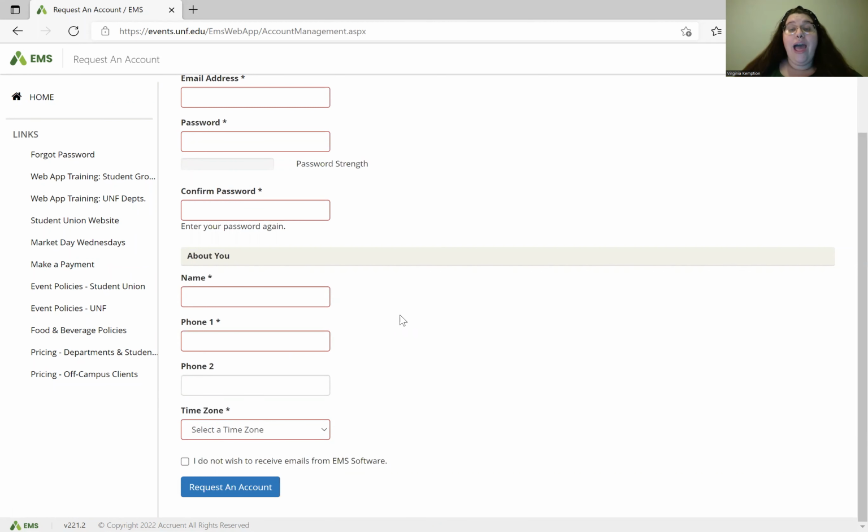Once submitted, please go ahead and email su.reservations@unf.edu with your name, full name of your organization, and mailing address, and whether your organization is taxable or tax exempt. If your organization is tax exempt, please go ahead and attach your up-to-date certificate of exemption to that email